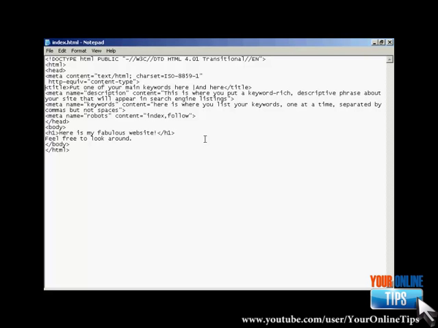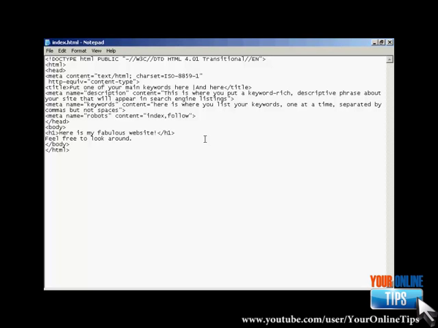In this video, I'm going to talk you through how to optimize your website's meta tags, or meta tags as some people call them, for search engine optimization. Meta tags are lines of code which are part of the website's HTML code, and they are read by the search engines and by website browsers, but they are not visible in the actual